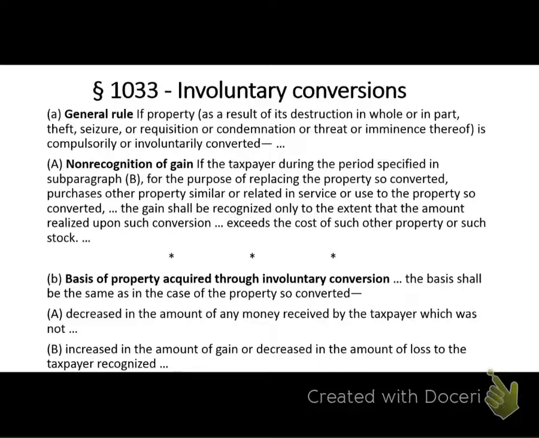So what kind of property can replace? Now I have an office building that I rent out to people and I'm using it for productive use in a trade or business. Since we're moving to the like-kind standard of 1031, now I can go out and buy a farm for investment purposes or a parcel of land. Because if we're using real property, we have this very open like-kind standard. So like-kind is much more general than similar or related in service or use.